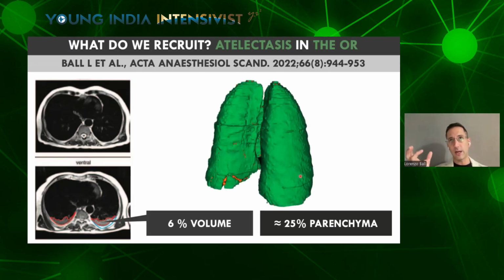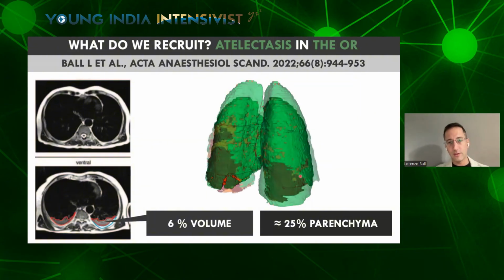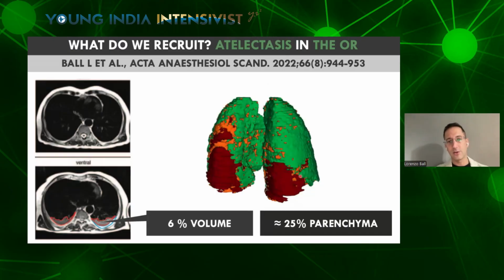If we do a 3D reconstruction of the lungs, we see this is preoperatively, so nearly all the lung is ventilated or aerated correctly. If we induce the general anesthesia and mechanical ventilation, this is the scan of the same patient. You see that the lungs become much smaller, especially on the craniocaudal diameter due to the upward displacement of the diaphragm. And areas of the dorsal lungs start to collapse, and these are these red areas which represent atelectasis in our surgical patients.